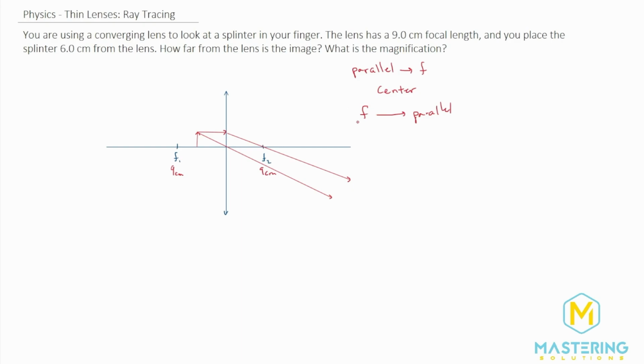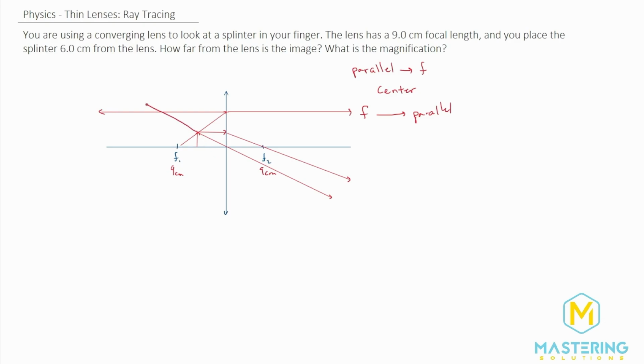So we're going to go from the focal point as if we were going straight to the top of the object, and then now, since it's coming from the focal point, we'll have perfectly collimated or parallel light rays. And so now these are never going to intersect, so we have to extrapolate them backwards because we're going to get a virtual and upright image. So if we start here and go back, there's that one.